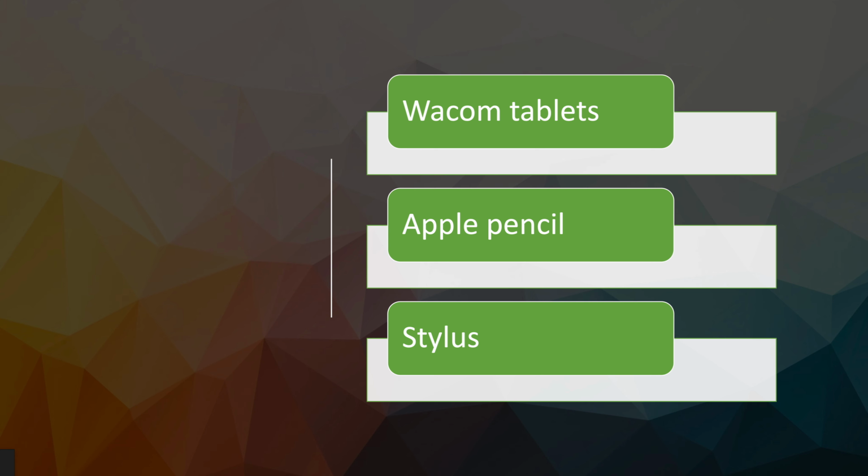It will give you more control. Like right now in my examples, I'm using the mouse to draw freehand, and it doesn't give you all that control, especially if you are trying to write those long complex equations. So a stylus and a tablet will go a long way in terms of giving you that added control. Just keep in mind that your learners may not have this equipment, so it is something to consider